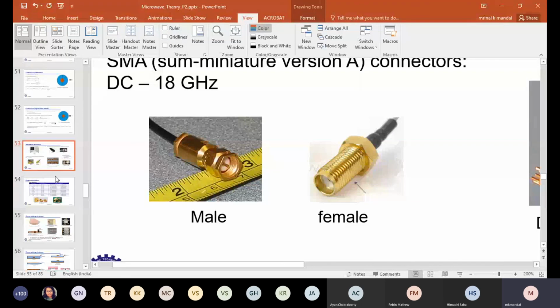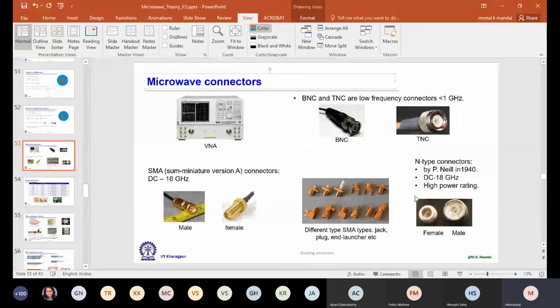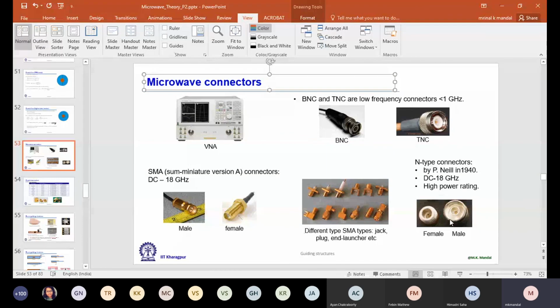So if you look at any microwave connectors, not just this one, you have this facility. TNC, N-type, for all of these, except the press fit ones, SMC, SMB, or SMP. That's why they are much cheaper. If one good quality SMA costs 500 rupees, then one SMB or SMC will cost 40 or 50 rupees, 10 times less.